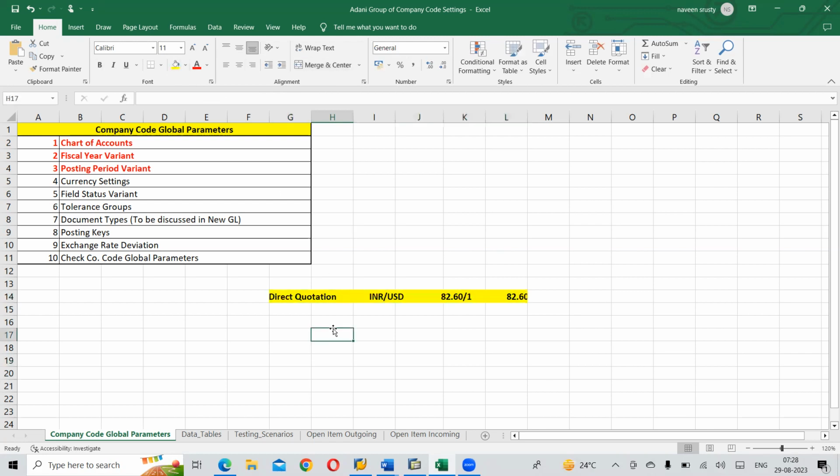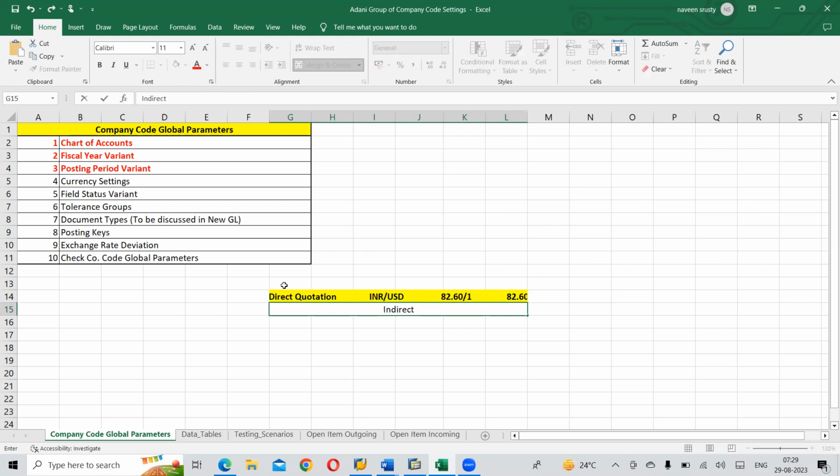Is this clear? Next one, we have an indirect quotation also. What do you mean by indirect quotation? Opposite to this. What is indirect quotation? Indirect quotation is USD divided by INR. Then what would it be? 1 divided by